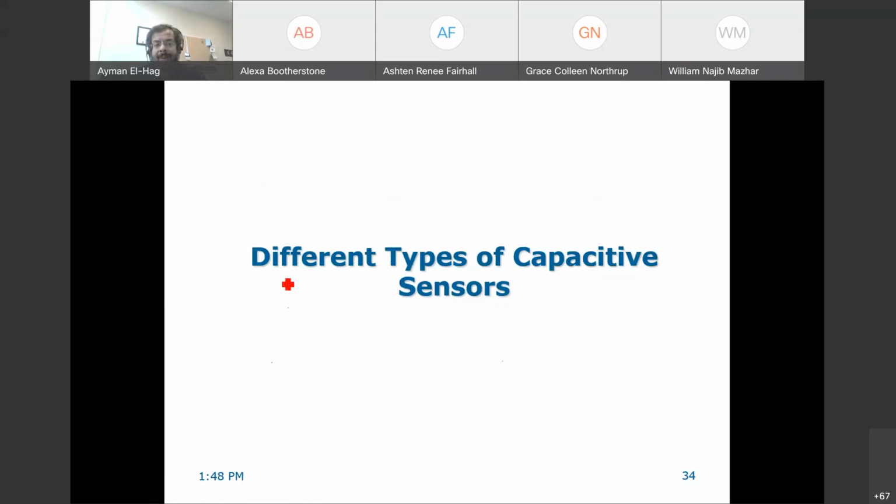So we will talk about capacitive sensors only, not inductive sensors. Inductive sensors are hard to explain. They need more visualization. If it's in the class, I can show it to you more. But capacitive sensors are easy to understand. Now, if we take a parallel plate capacitor, we know that C in a parallel plate